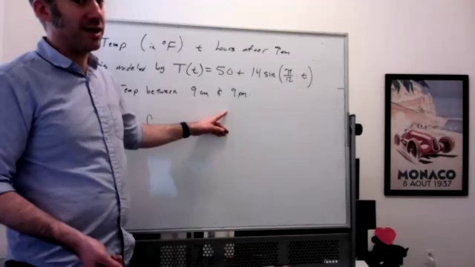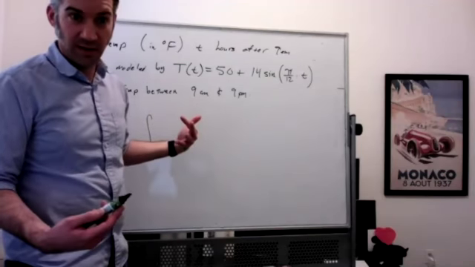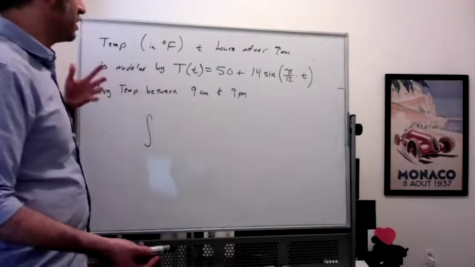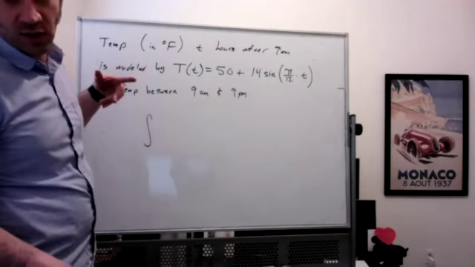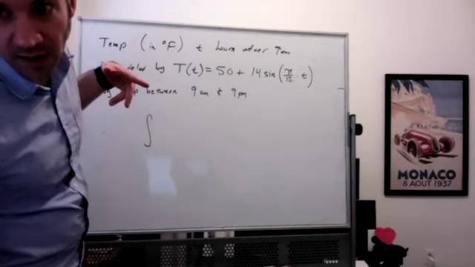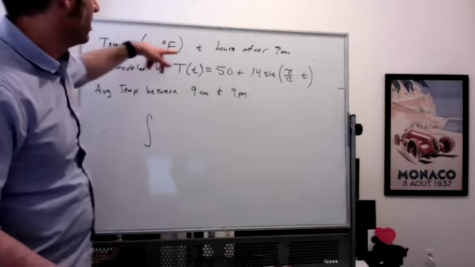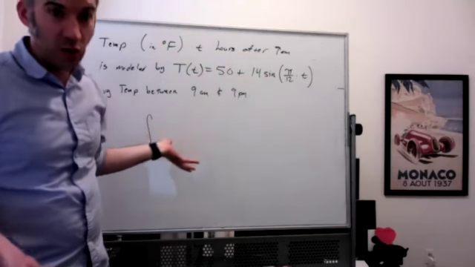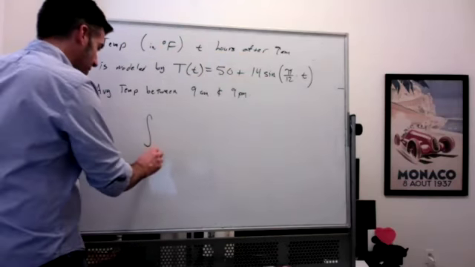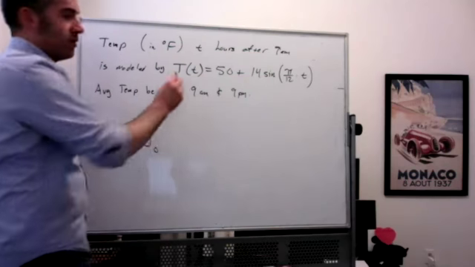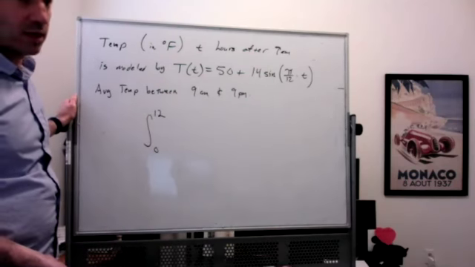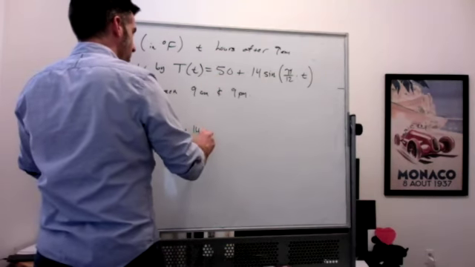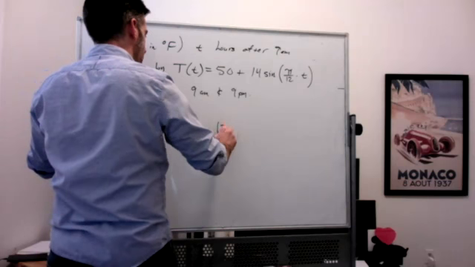Second of all, I'm not going to integrate from 9 to 21, because this says the temperature t hours after 9 a.m. So at 9 a.m., time is 0. So we should be integrating from 0 to 12 of this function, 50 plus 14 sine of pi over 12 t,